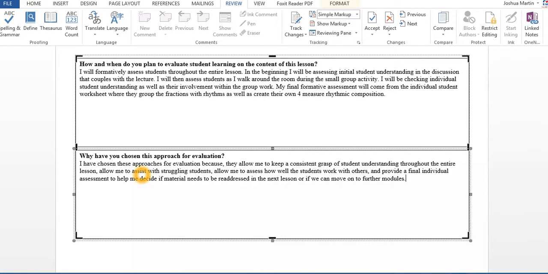I've chosen these evaluation techniques because they're going to allow me to keep a consistent grasp of student understanding throughout the entire lesson. This is going to give me the chance to step in and assist with any students that might be struggling with the content. It's also going to allow me to see how well the students are working with others. And it's also going to provide a final individual assessment to help me decide if any material needs to be readdressed in a future lesson or if we have a good understanding and we can move on to the next